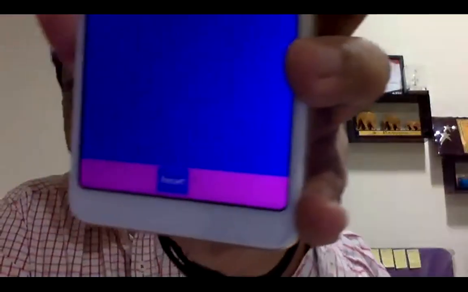Whenever I touch it, it will just vibrate and the score will go up. It's very difficult because every half second it is moving. You can see I have scored some 6. Okay, and I'll just reset it. It will become 0.